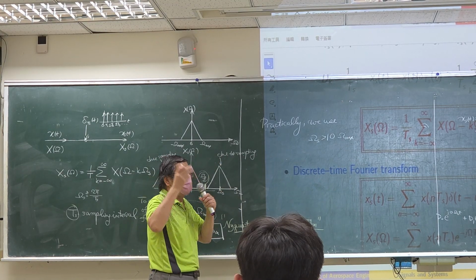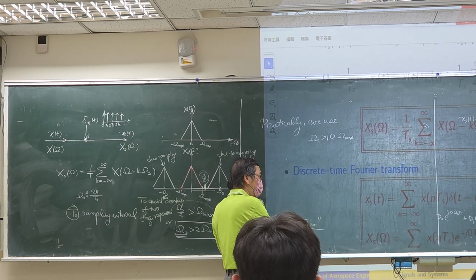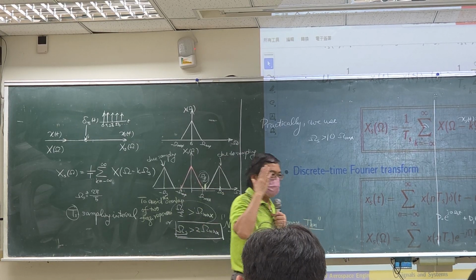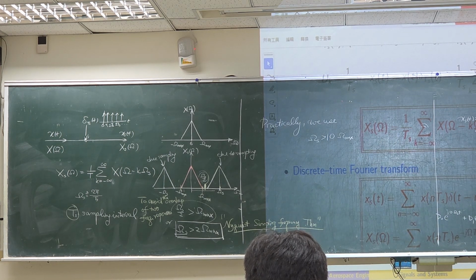Okay? Just a rule of thumb. You can use smaller, you can use bigger, that's fine. But you have to know that if you use a faster sampling,